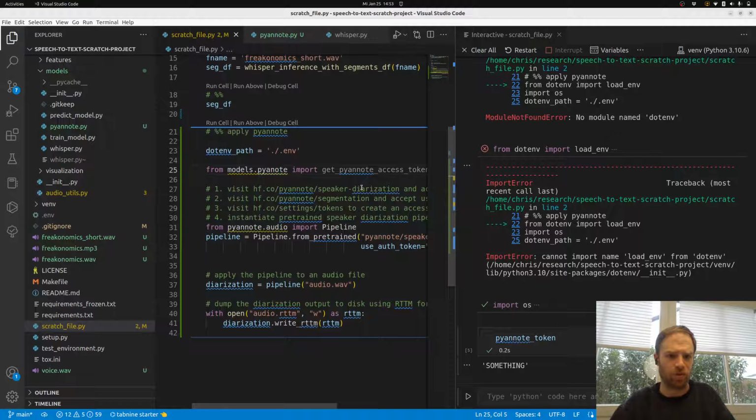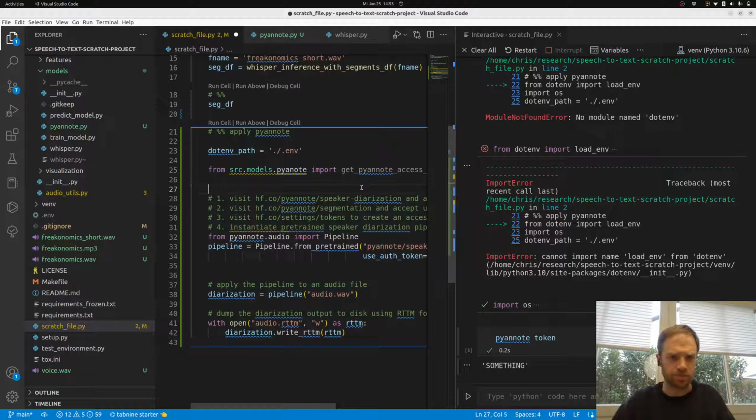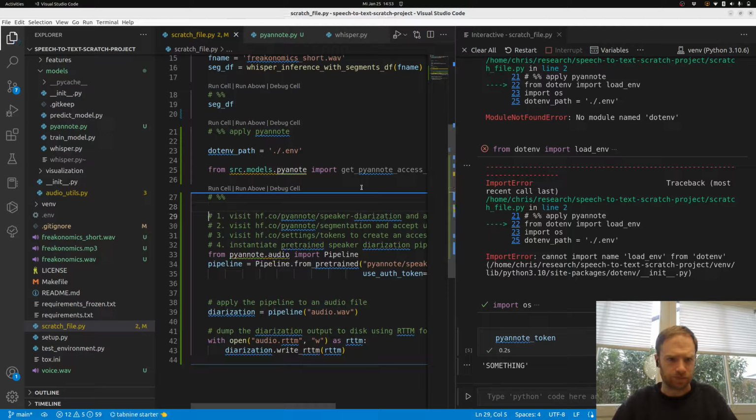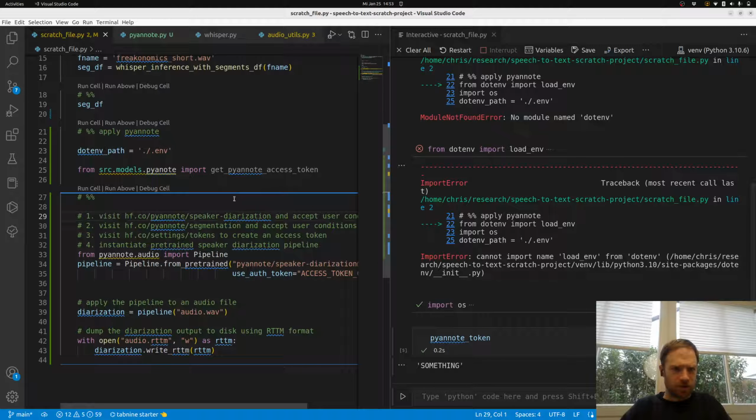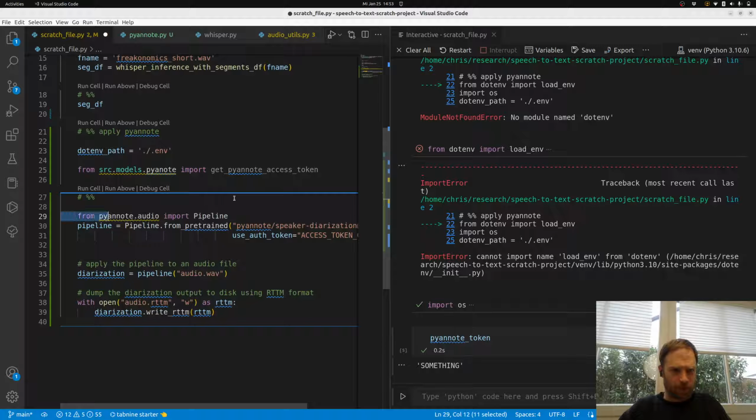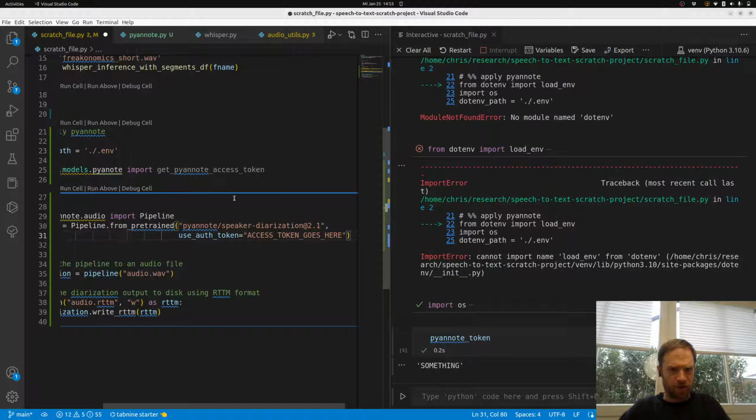From source models, okay. Source models, now it should work. And then let's get rid of this. So that's the pipeline. Here the auth token, which is